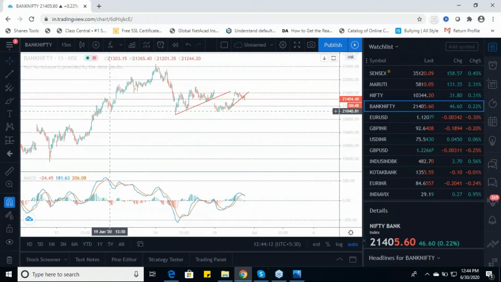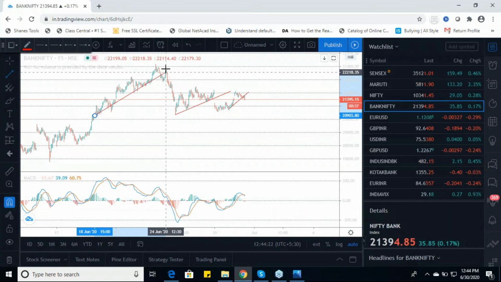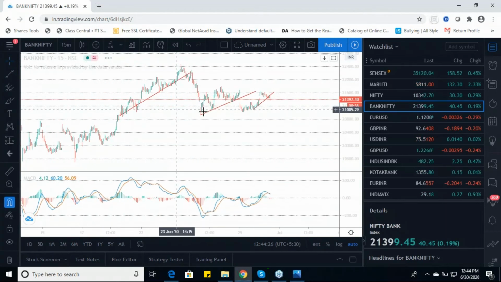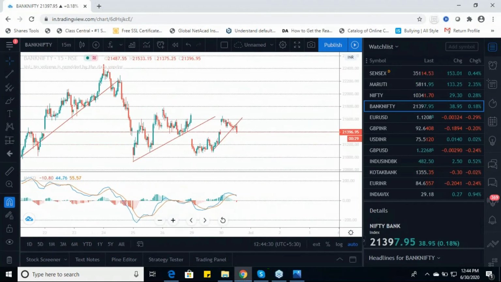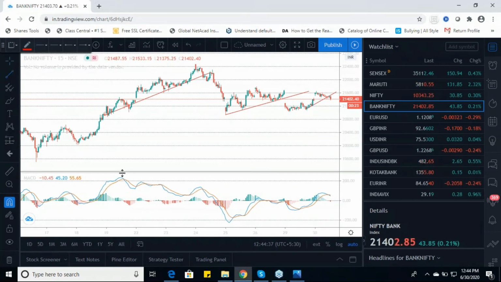As you can see here, the prices are rising, but the MACD is going down. So there is a huge divergence you can see here. The prices are rising, but the MACD is going down. So that's how the MACD gives you the signal of divergence, or a signal to sell on every high. So that's how the MACD is giving a clear-cut signal of divergence over there.